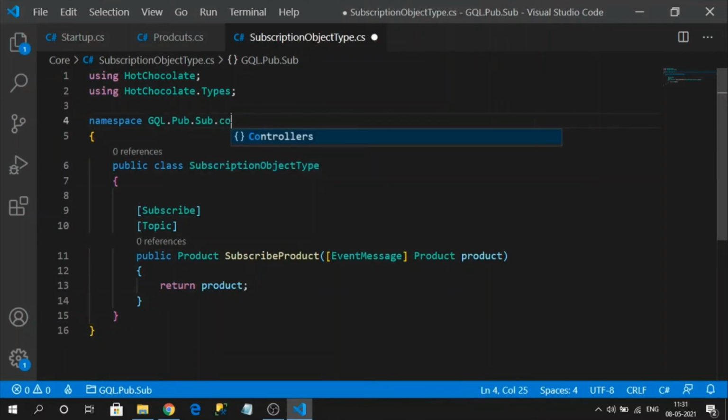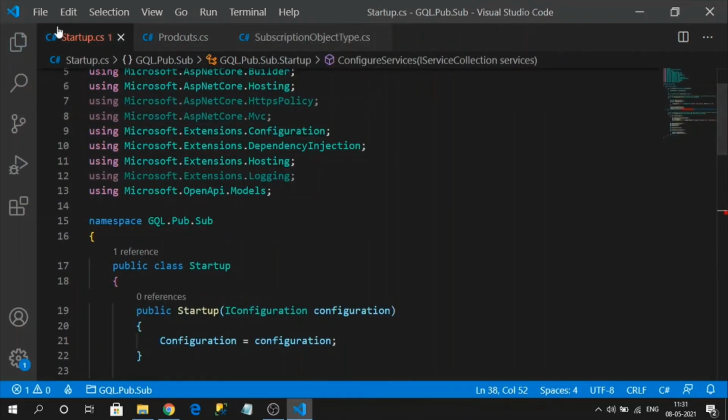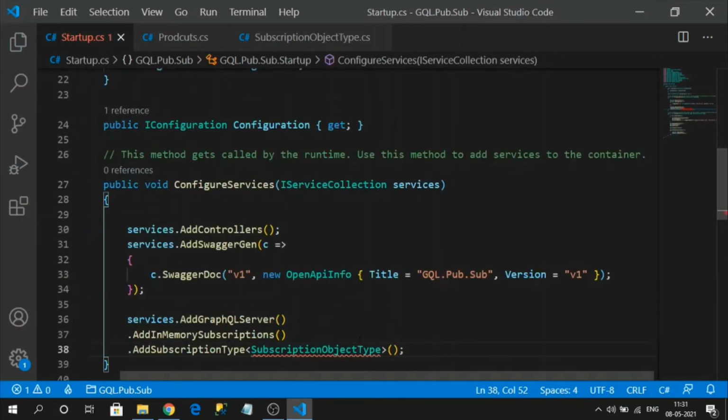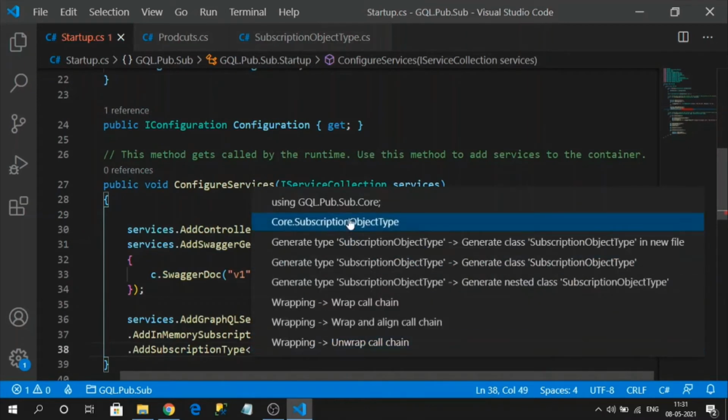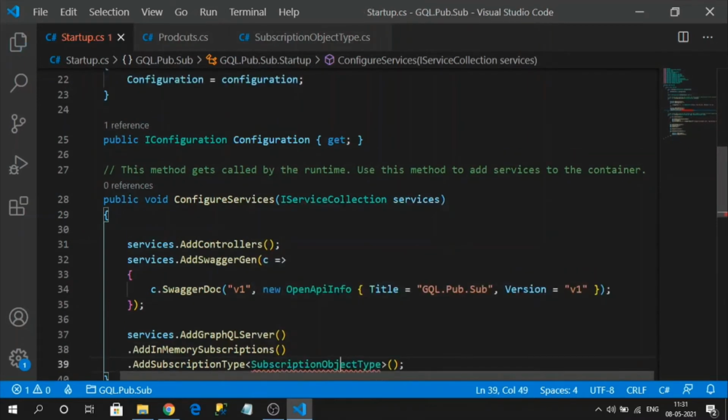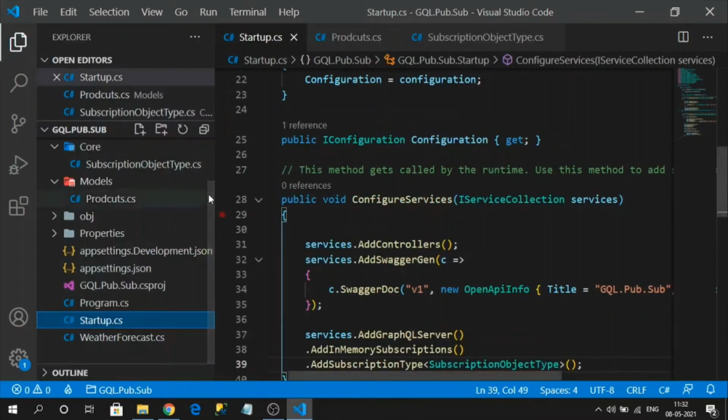Use some namespace. Let's import the namespace. Okay, now let's create the mutation method.